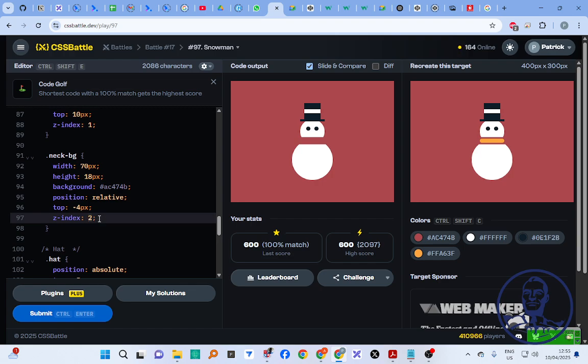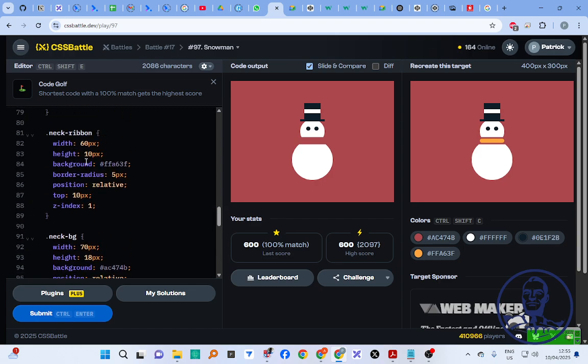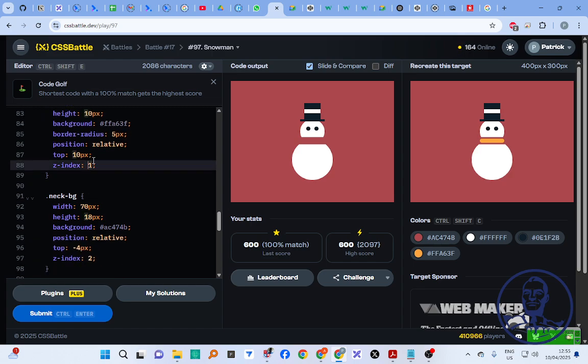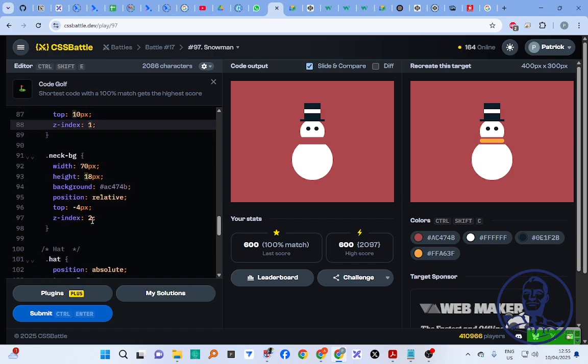in the same position. So in this case, the ribbon has less value, that means it will go behind, and then the background which has higher value comes on top. But if we alter this value and we say this is 0, let's say for example, you can see that this one has come on top, but